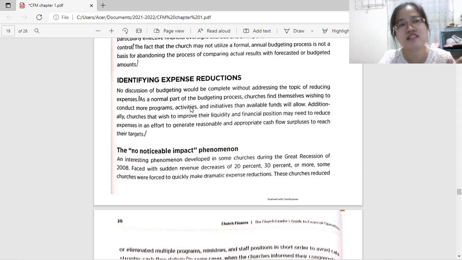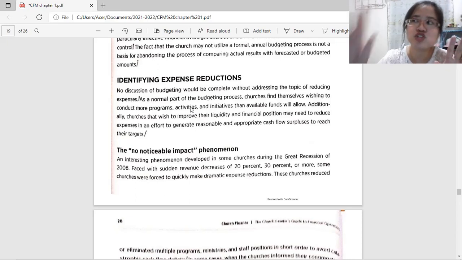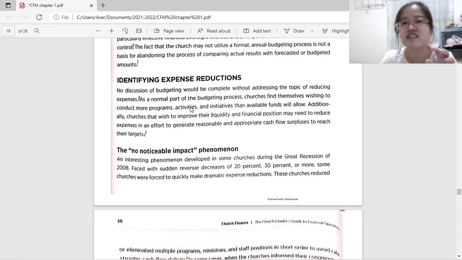your expenses or expenditures would be limited by your projected cash inflows or contributions from the members. In case your projected expenses are more than the cash inflow, then one of the things that you can do is to reduce expenses. You have to check your expenses again and determine which ones can accommodate reduction. So for example,